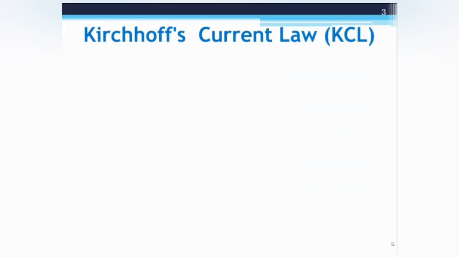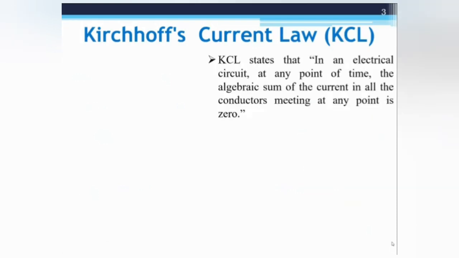So first of all, KCL, Kirchhoff current law, right? So KCL states that in an electrical circuit, at any point of time, the algebraic sum of the current in all the conductors meeting at any point is zero. That means